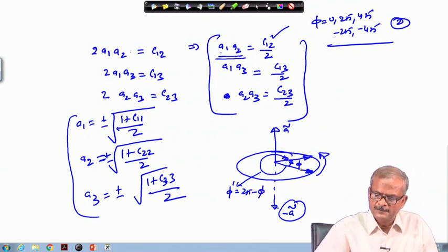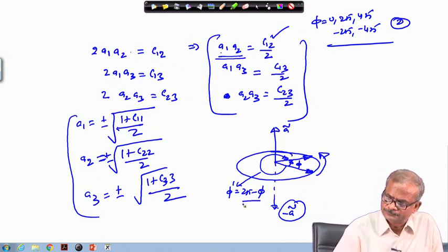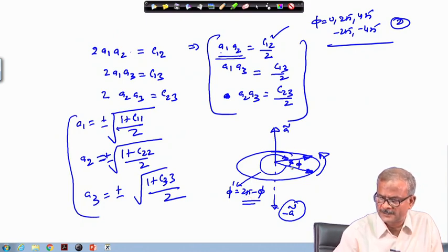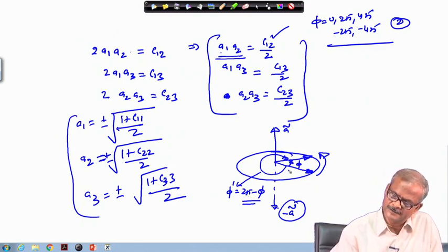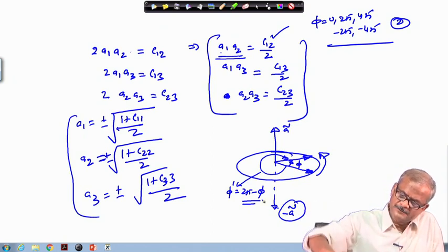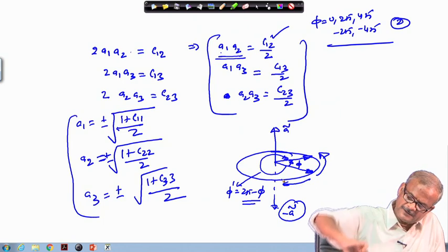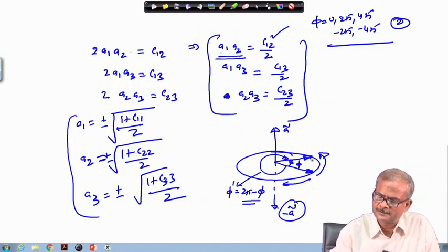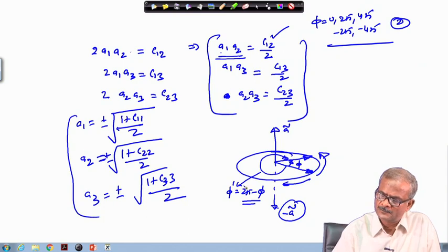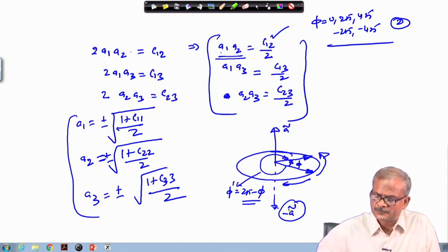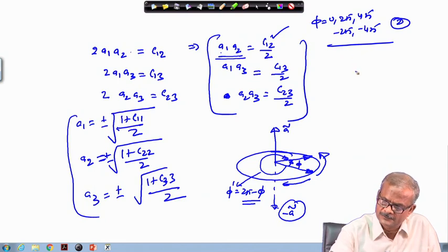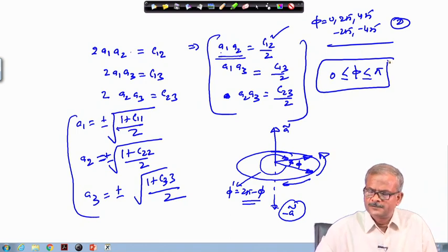So, here the problem arises, because the same position can be achieved either through rotation by phi this way, or through a rotation given in the opposite way, which is another rotation given this way, but about the minus A tilde axis, and both are going to the same position. So, this will create a problem. To resolve this problem, phi is restricted to 0 to pi.